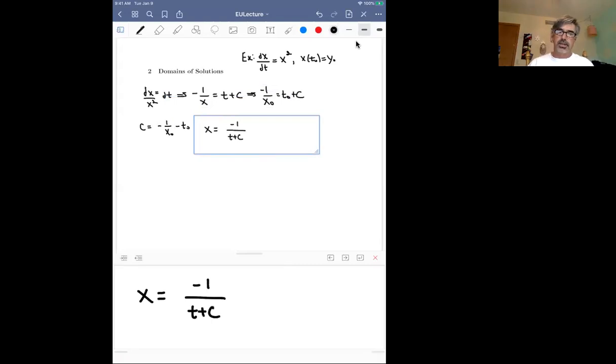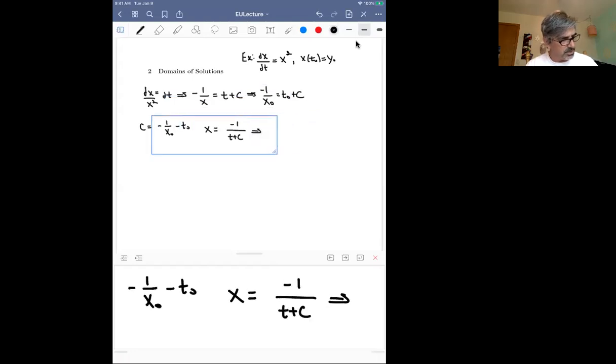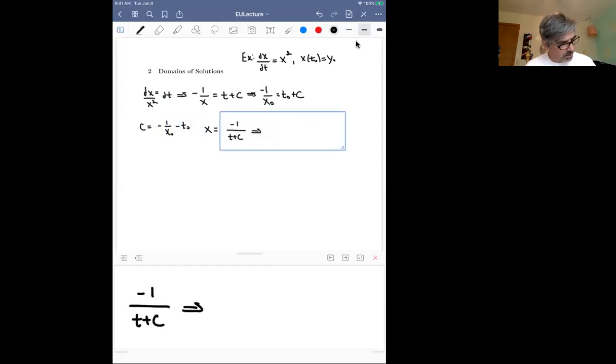That step was really important right there. I inverted that, and so now you can see I'm going to have an issue when t is equal to negative c. But if I put that value of c in that we just got, and then simplify, I get